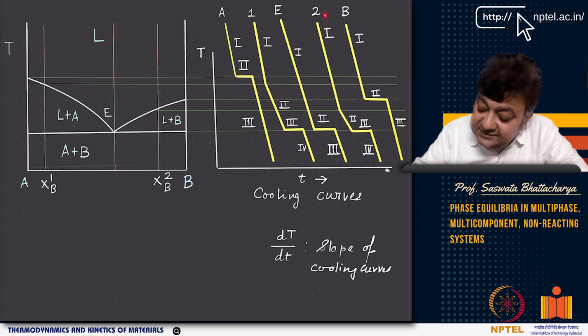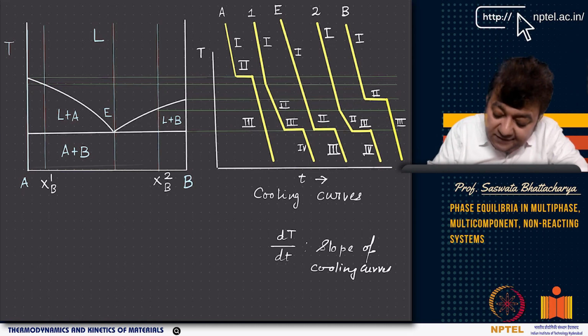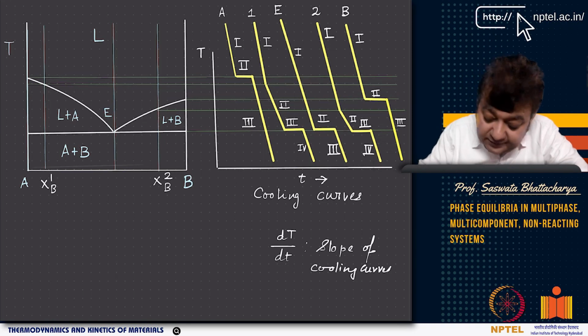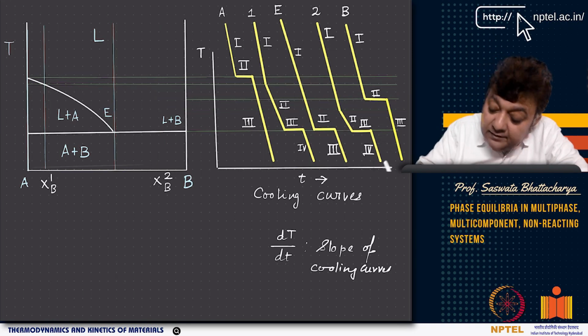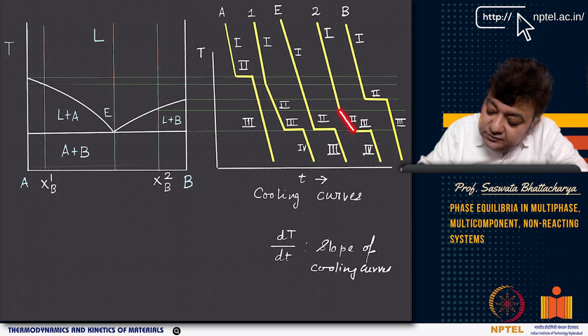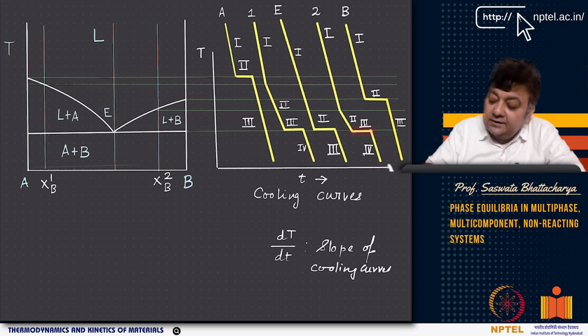Now for 2 it will be very similar to 1, so you have 2. Obviously it will be slightly different. Why is it different, why are the slopes different? Because you have a very different composition here, with very different properties. But as you can see, for 2 also, from here to here, you have a slope change, right? And then you have 3. Again, the 3 comes here, and then it goes to 4.